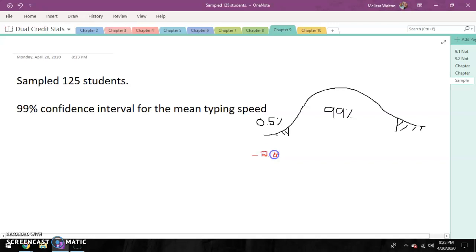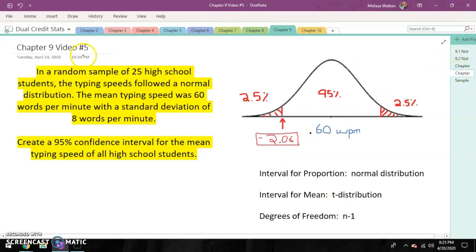All right, so you should have enough information to do the first assignment on video number 5. It is just talking about how to determine degrees of freedom and then also how to find that critical t-score. Please let me know if you